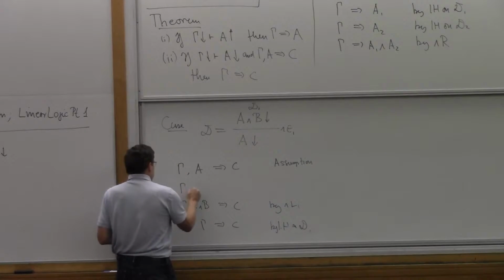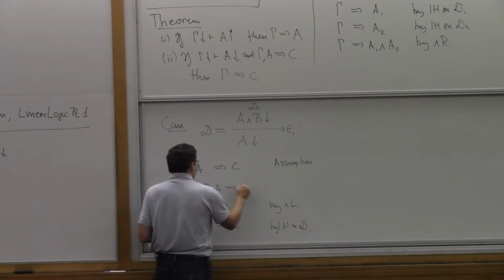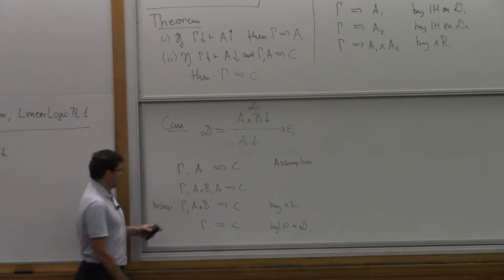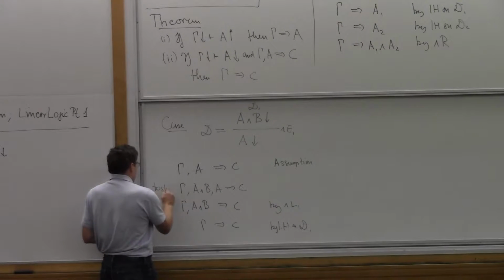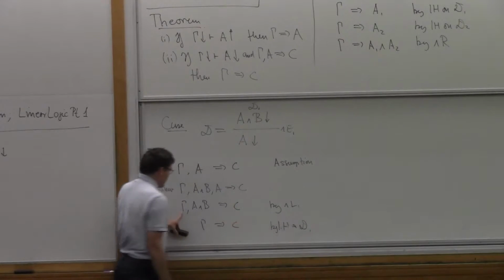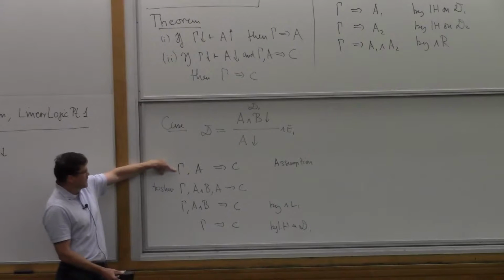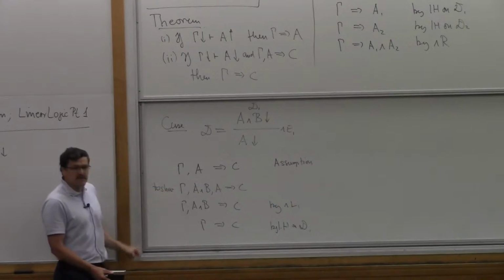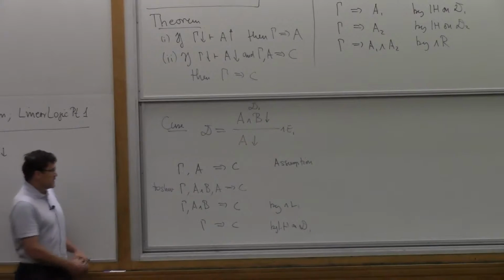So that would require us to know that gamma A and B together with A proves C, right? From here, so it's now enough to show this. Because then this follows by the and left rule, and then this follows by the induction hypothesis. This is what we know. How do we get from here to here? Right. So